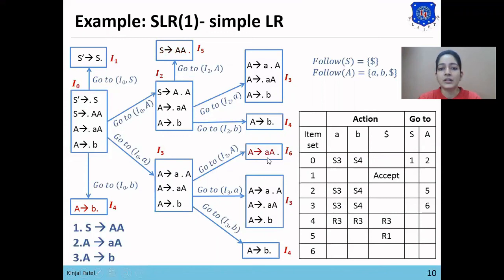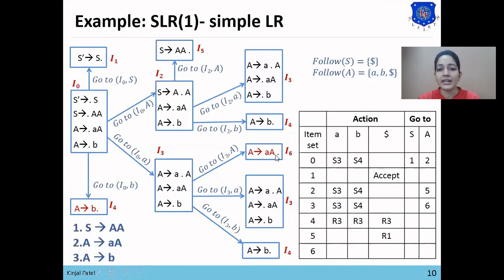Now the third final state is A derives A dot, the I6 set. A derives A is the second statement, so an R2 entry will be made in the parsing table. Now in which symbols will we place R2? Here we'll check the follow of capital A. Follow of A is a, b and dollar.